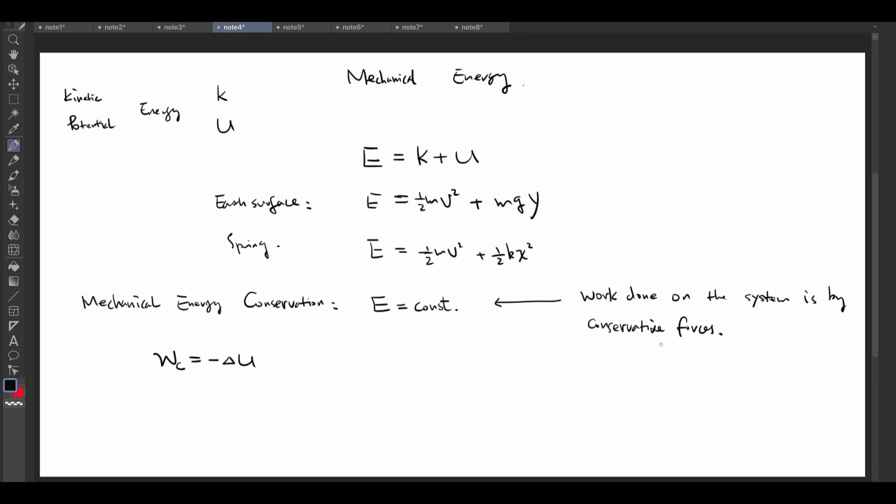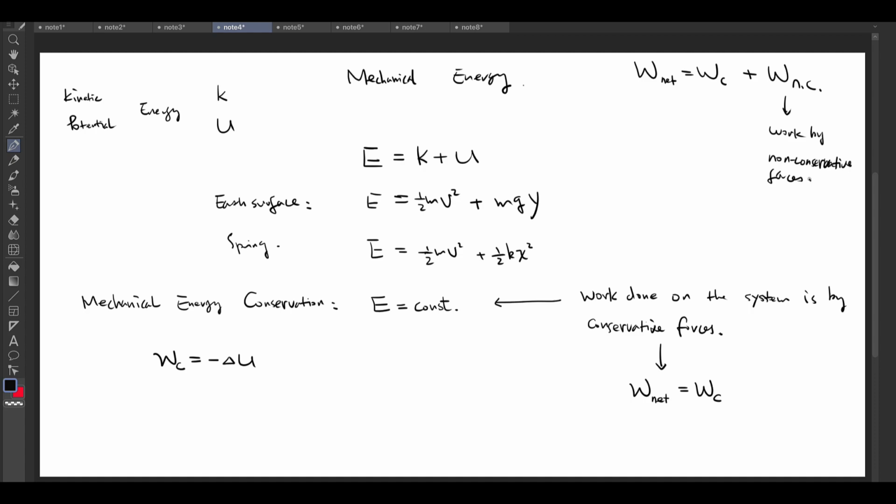Now, if we have this condition, the only work done is by conservative force. That means the total work, or the net work, is the work done by conservative forces. In general, we have net work equals work done by conservative force and work done by non-conservative force. So that's work by non-conservative